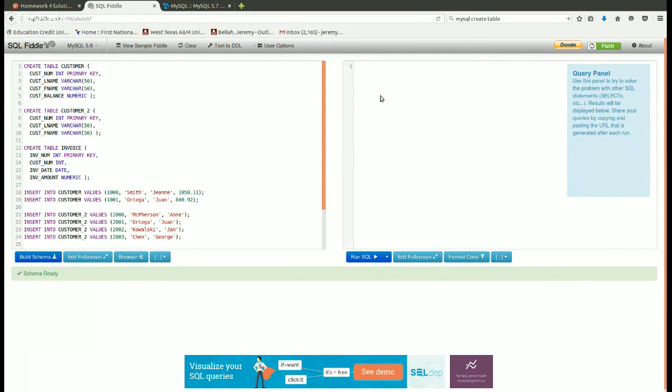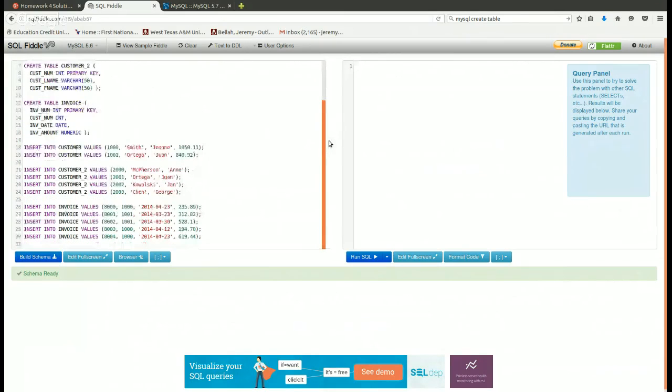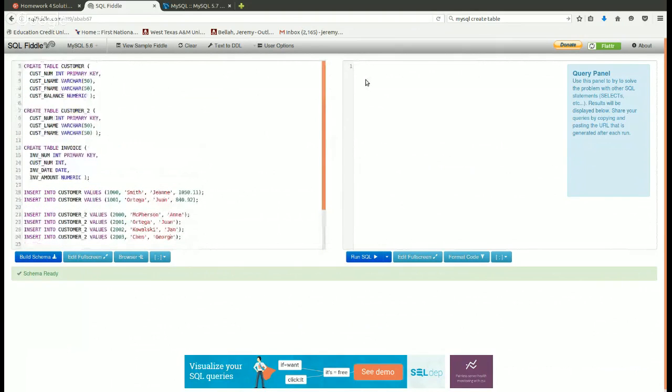Okay, so I'm just going to start with number 3. Numbers 1 and 2 have already been done with my create table and my insert statements, and you can see them here. All right, so number 3